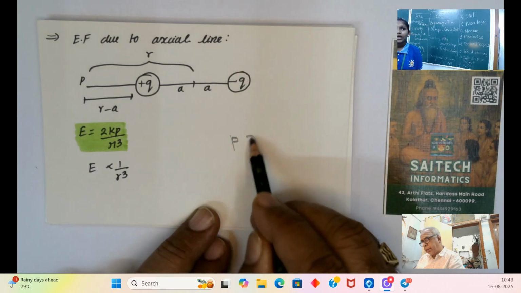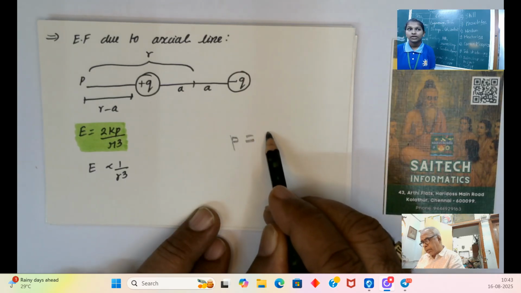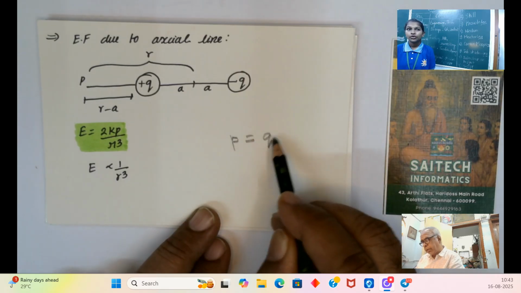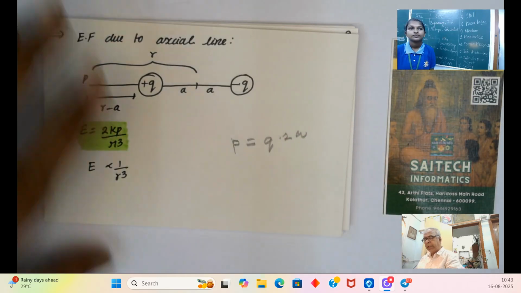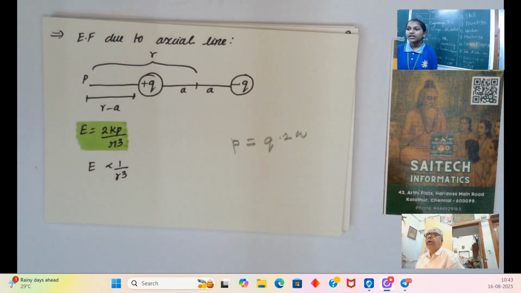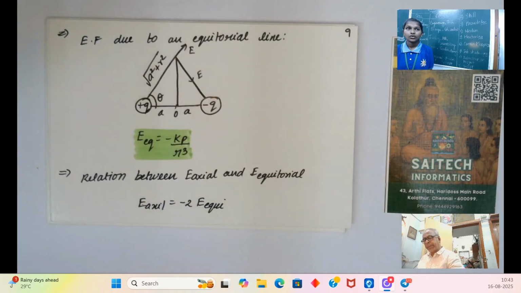What is P? P is electric dipole moment, where the expression is Q into 2A. What is A? A is the semi-length or semi-distance. 2A is the distance between the plus and minus charges. Now, when you say A, you have to say semi-length or semi-distance. Half the distance. And now the electric field due to an equatorial line, where it is represented through a diagram,